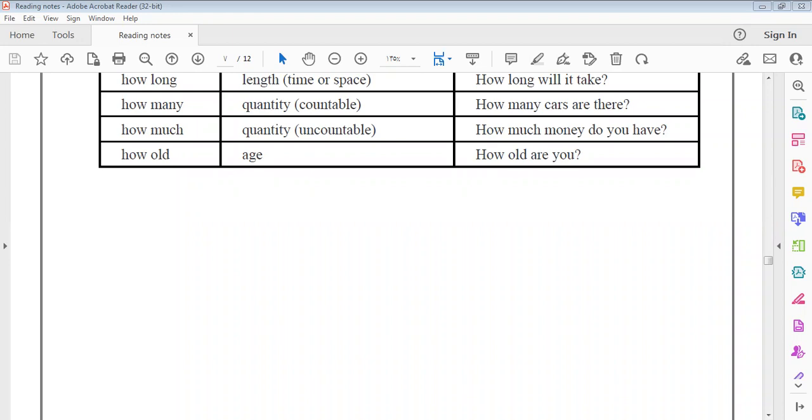اوكي شو clear بالنسبة لك؟ Is number 4 clear؟ واضحة بالنسبة لك number 4؟